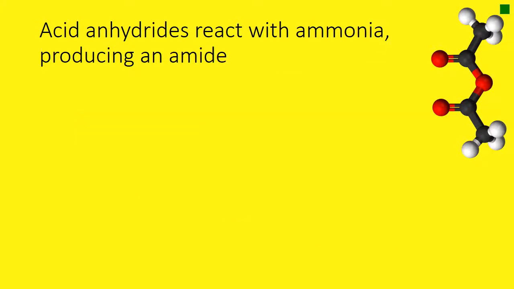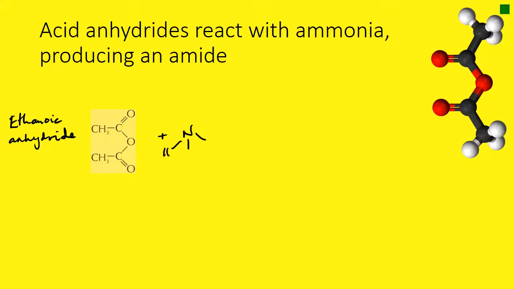Next up is our reaction with ammonia. So acid anhydrides react with ammonia to produce an amide. And let's do a little example again with ethanoic anhydride. Ethanoic anhydride. That's what we're starting off with, and we're going to add some ammonia, which is NH3. Just draw out the displayed formula,